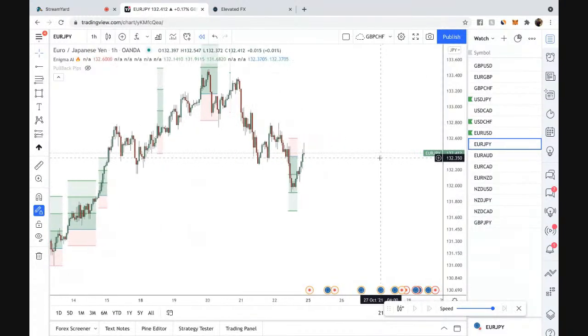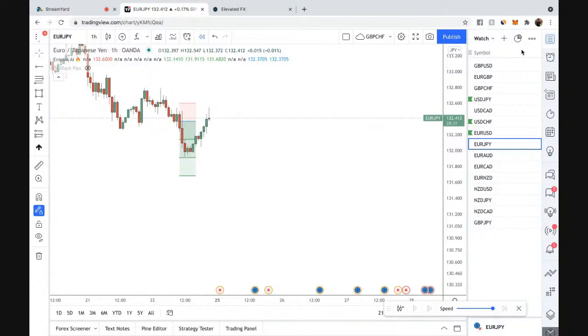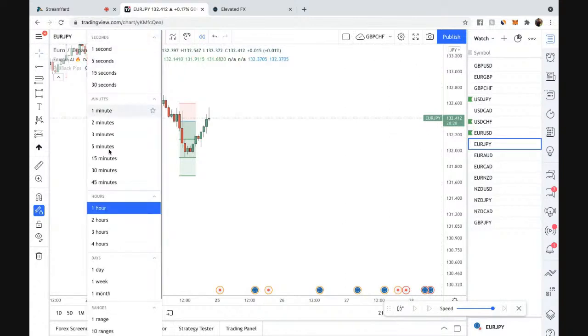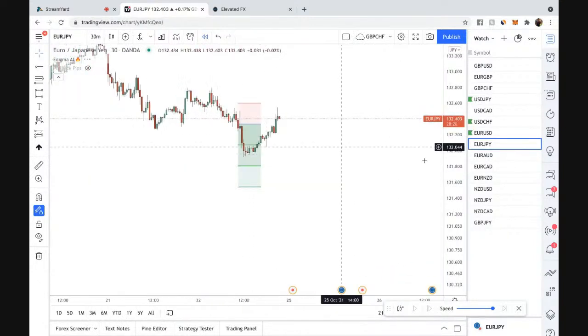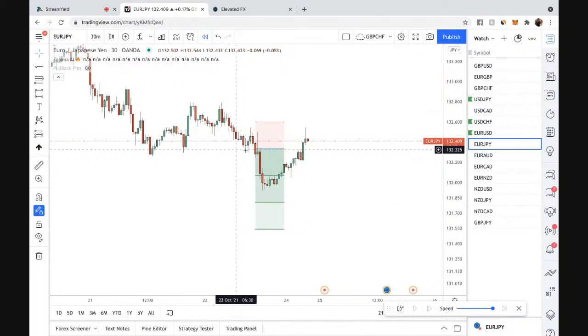All right, EJ. Ooh, okay, EJ, we got something. Now, if you notice, EJ on Enigma already gave us a setup, right? And it actually did great. But the question is, does it want to continue? And we'll see. Because you see, it gave us the setup and moved straight into profit, but we'll see what looks good on that.